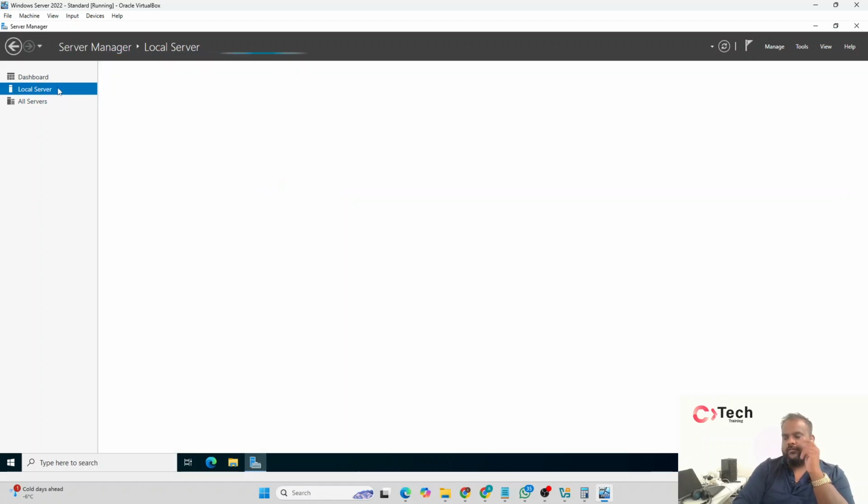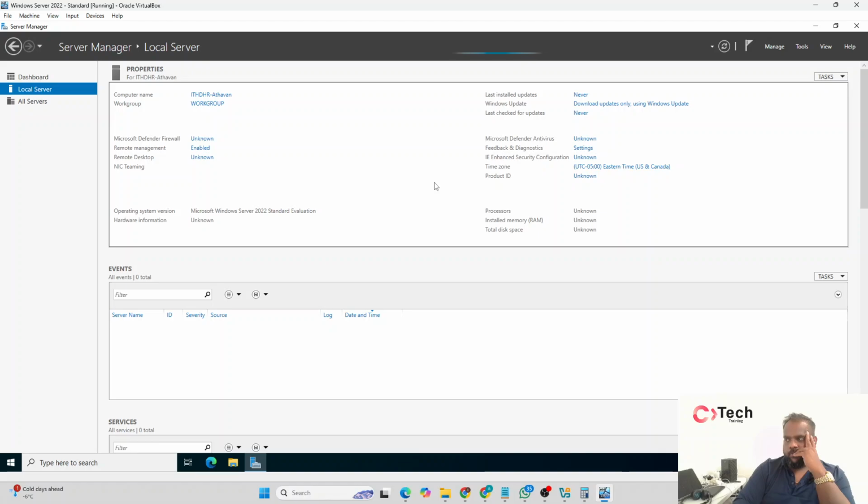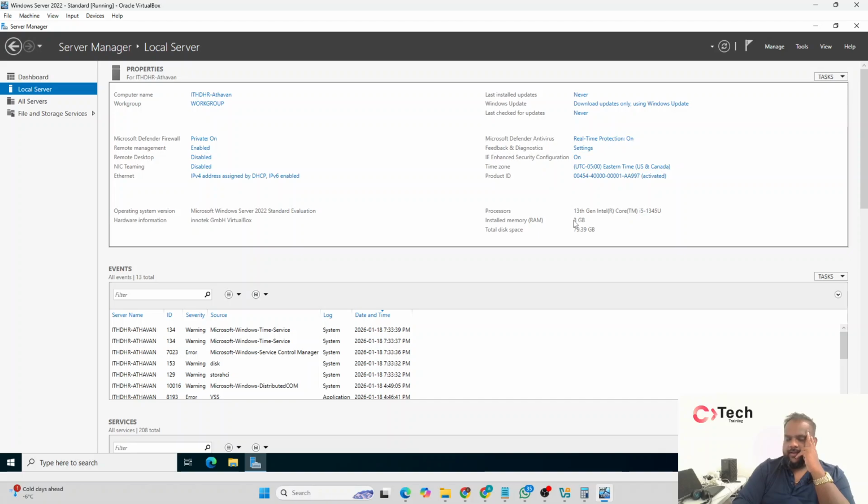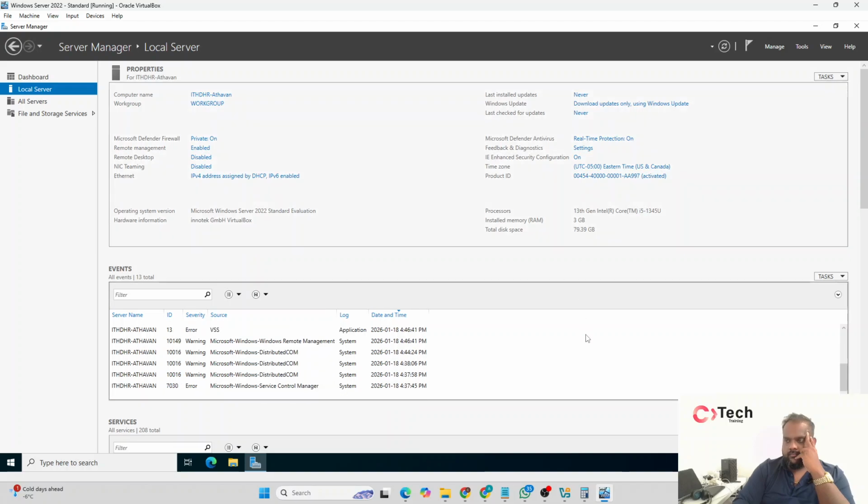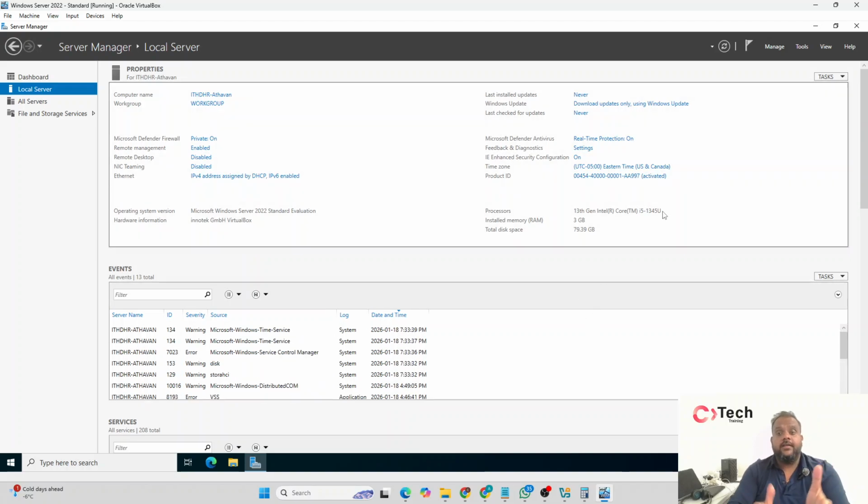I'm going to local server, and you see right over here, it says 3 gigs now. Okay, 3 gigs. Perfect. All right, guys, this is how you will install a Windows Server 2022 Standard Edition desktop experience